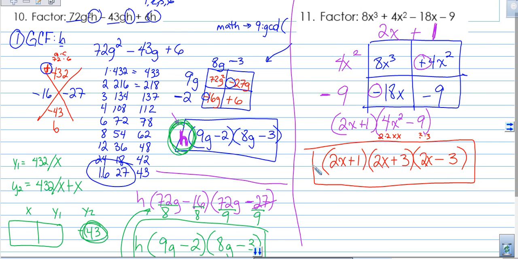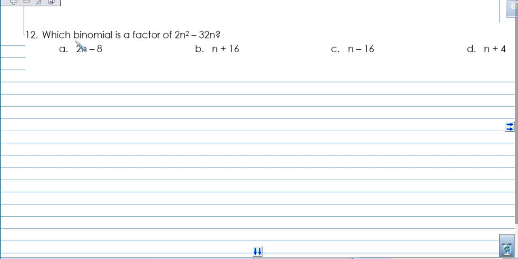Alright, question number 12. Which binomial is a factor of 2n squared minus 32n? Okay? Well, you have a binomial. Just like always, the first thing you're going to try to do is take out a GCF. Well, they both are even, so you can take out a 2, and since 2 is the smallest number there, take out a 2. Or 2 goes into 2, and 2 goes into 32. They do both have an n, so you can take out an n. And so then you're left with